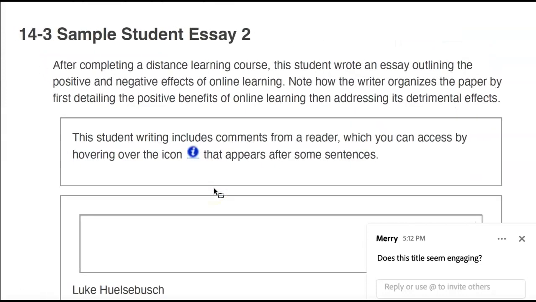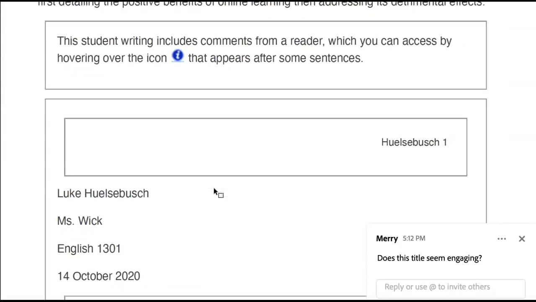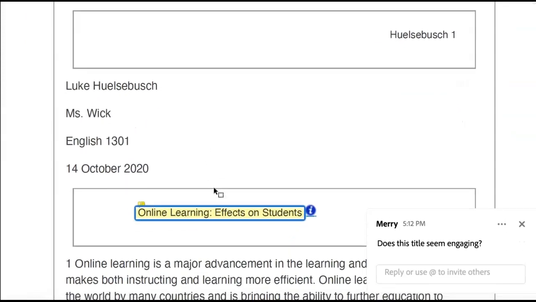Let's look at the sample student essay number 2 as an example of something that works, or at least partially works, for a causal essay analysis and argument. Now, with the title,